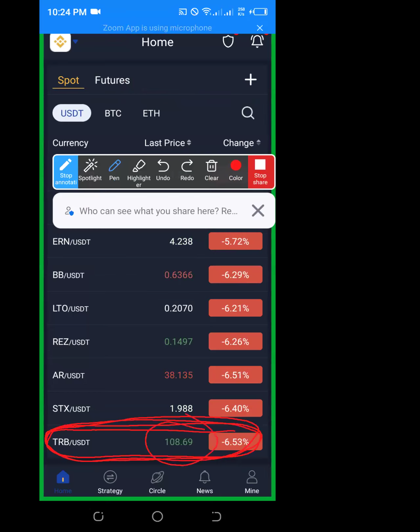I'm teaching you how to pick a signal by yourself, or how to pick a coin by yourself, without waiting for Leader Lawrence to give you a signal, as long as you have your capital.